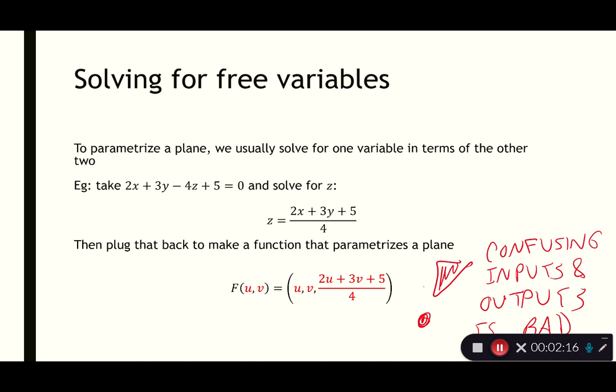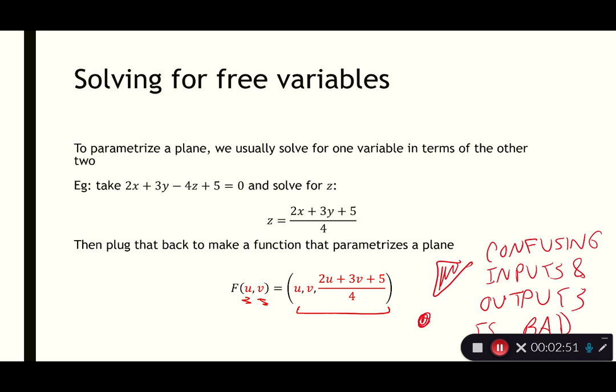When we do that, we are kind of confusing our coordinates for the source, our map coordinates, with our x, y, and z coordinates, our coordinates inside three-dimensional space. So usually, when I write a parameterization of a plane, I'm going to give different names to our parameters. I'm not going to call them x and y, even if they happen to be the same thing. So here what I've done is I've written a way to say, okay, a list of every point on this plane is given by all the possible triples, u comma v comma (2u plus 3v plus 5) over 4,